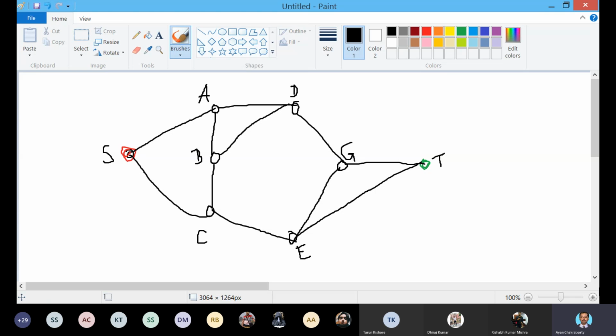So now, according to the condition of the hill climbing algorithm, we are going to find out which one is the most suitable child between A and C by applying the heuristic function. Now, what is the heuristic function for the hill climbing algorithm? Tell me anyone, what is the heuristic function of the hill climbing algorithm?